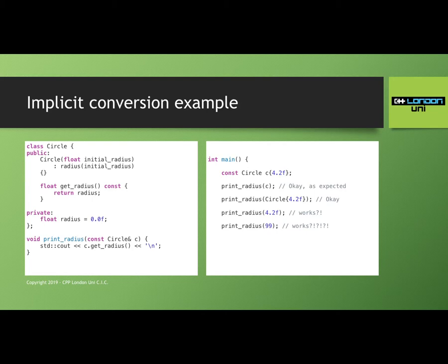And so it goes through like two steps. This is why we call it a conversion sequence. It chains together these transformations because it's really trying really hard to let you call the function. And like, to me, this is just kind of mad. I could sort of understand the floats thing, but using an int to call this constructor to call print radius is just very strange and very weird, and 9 times out of 10 is not what we want.